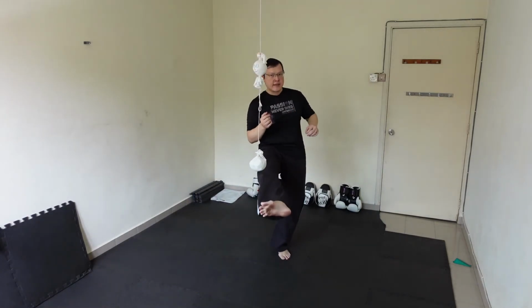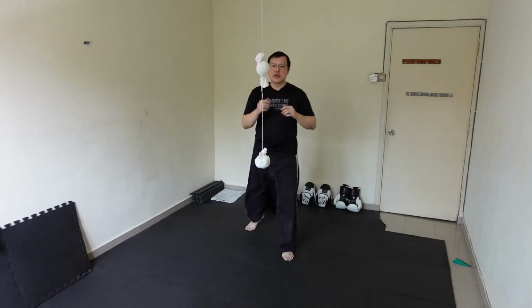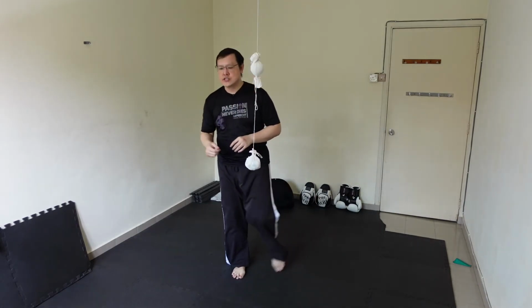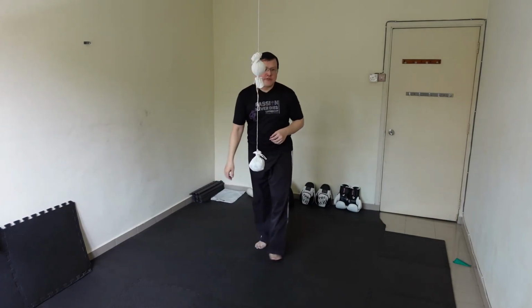So twisting kick, you see that I align here behind the target and I kick low because I want to illustrate you can kick the inner thigh of that person. Now, using my back leg, I will have a lot of force, but of course we do not kick with the ball of the foot, we kick using the instep to slap. With that kind of force, it doesn't actually create a lot of pain, but it creates a lot of surprise and shock. And their thinking at that moment will be, what is that? It's not painful, it's just, what is that? That is when you continue your combination for sparring, okay? But of course you can kick the body